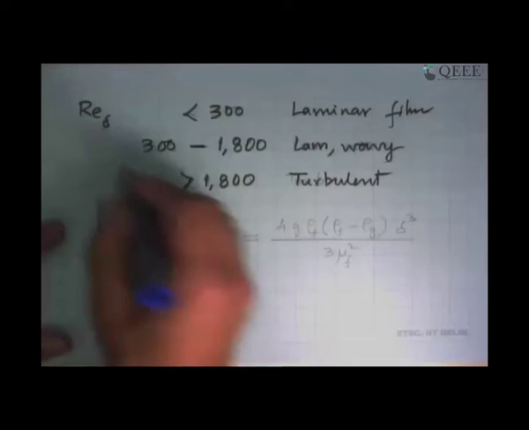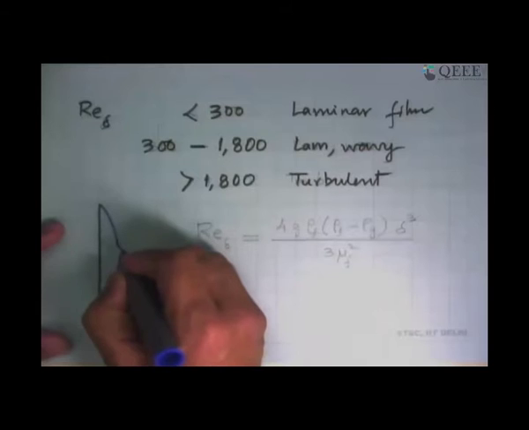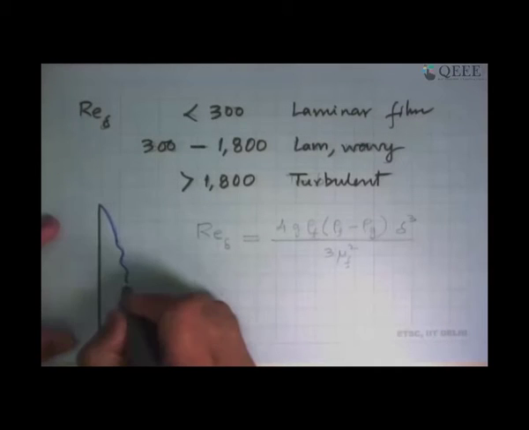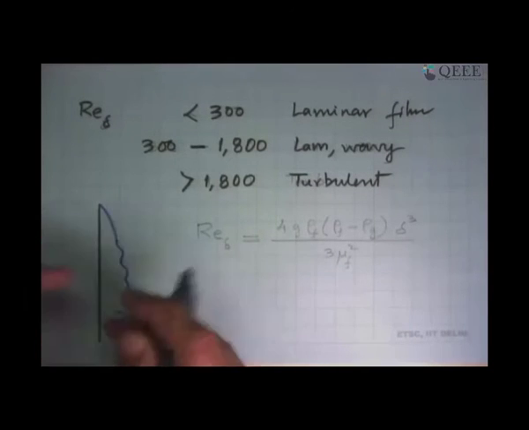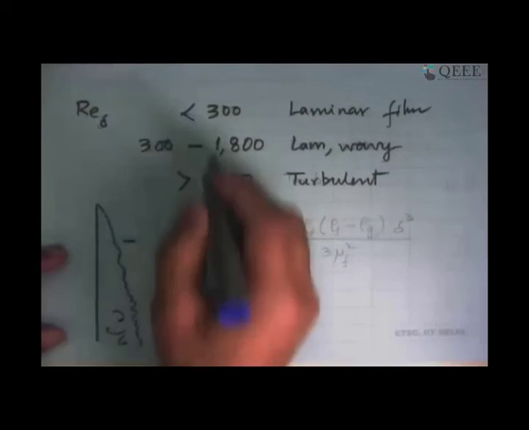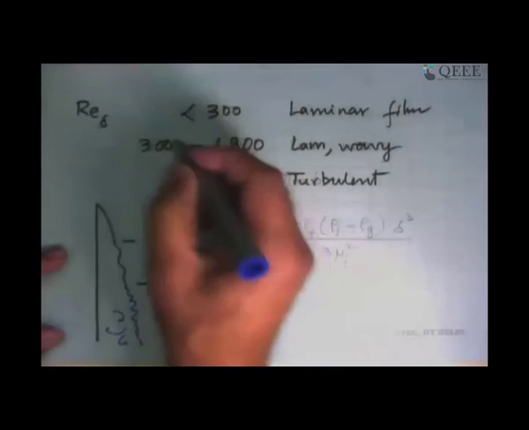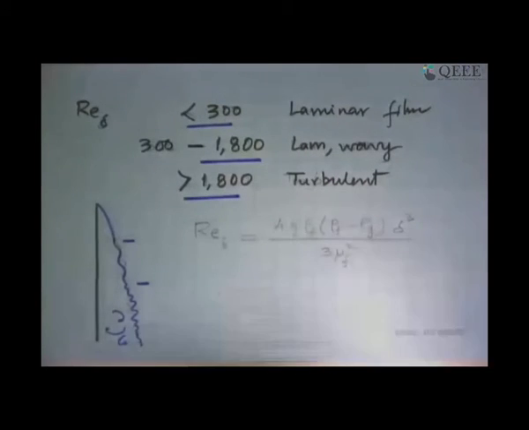Okay, so Re delta, we'll see in a minute how it changes, and then it will become periodic but wavy, maybe this way, and maybe lateral non-uniformity may also come, and finally it becomes turbulent with mixing happening there and the surface becoming very jagged. So this is where Re delta would be 300, this is where it could be 1800. So those are the important numbers that you get for a laminar film.